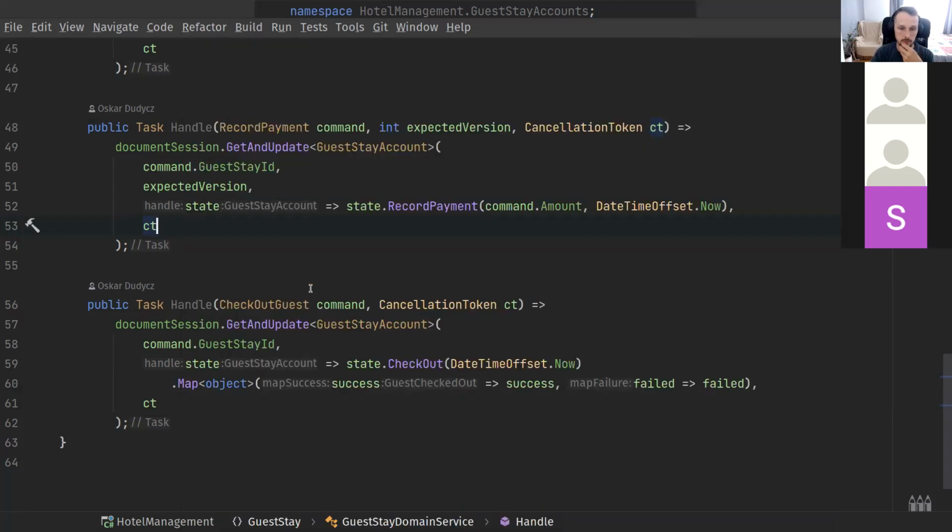So if the user interface is waiting for the answer, and one of the operations fails, the whole batching operation has to be not removed, but